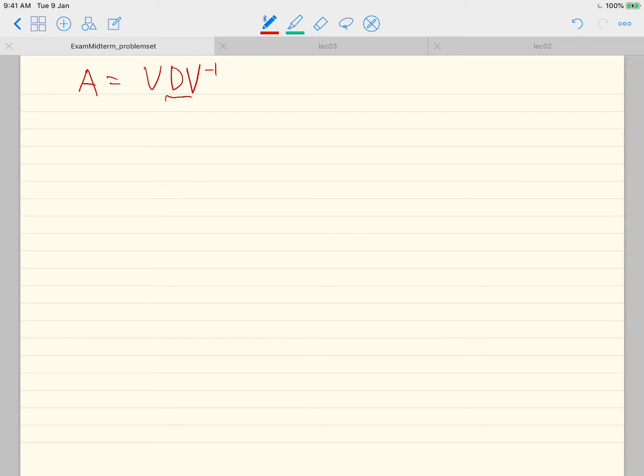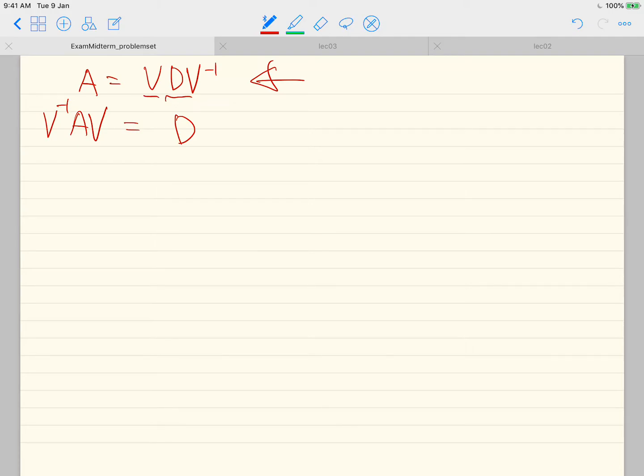So in this case, we can represent this equation in this form, right? So in the first equation, it is representing the given matrix A as the product of some matrices, and